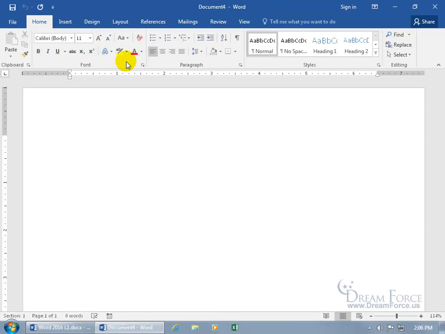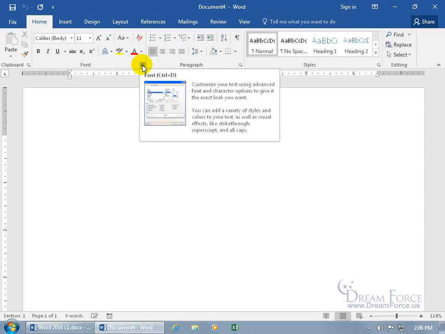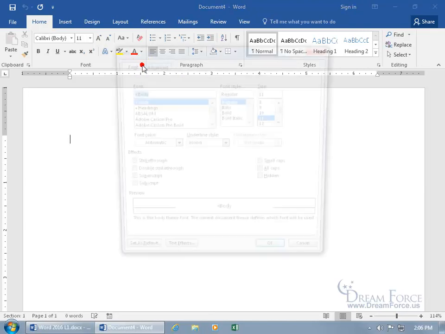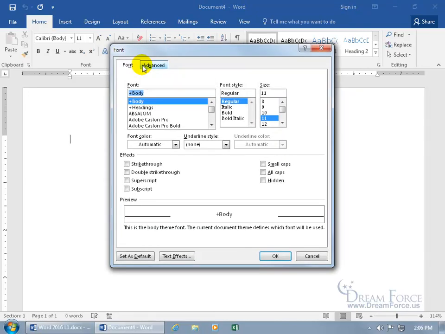And if there's more commands than what it can squeeze in there, or commands that aren't as popular, then you've got in the lower right-hand corner this little tiny arrow, which is called the Expandable Dialog Box button, because when you click on it, it expands and opens up a new window. And for the most part, it contains all the same commands that you see here within the group, in addition to these other commands here